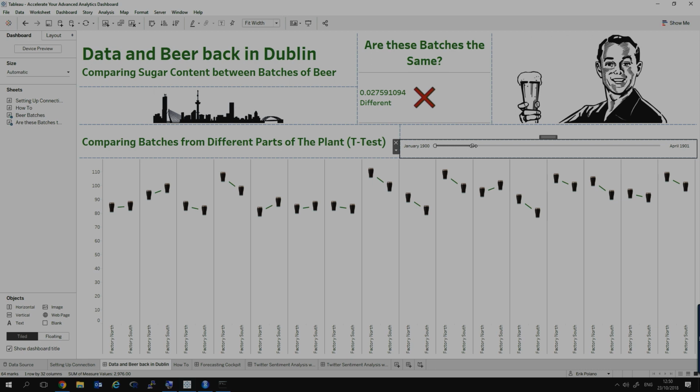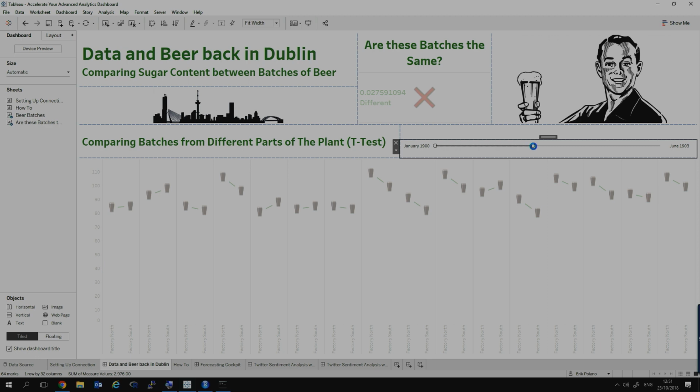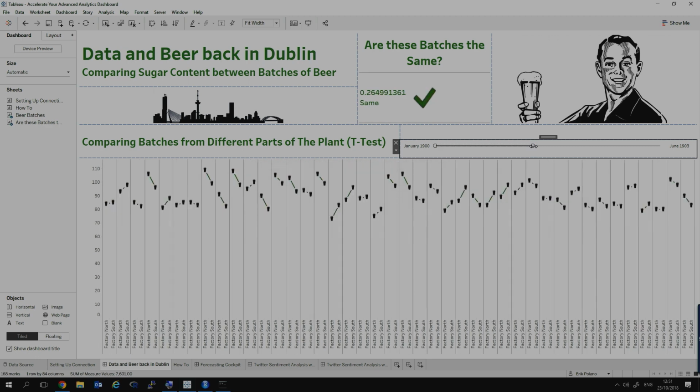Maybe certain observations here need to be increased in order to get us more statistical power. So if I increase the full span to include a longer time series, I see here that I'm actually able to judge this test differently. And again, I'm able to interact with all of this without really having to know, as that end user, that R code is what's powering all of this underneath.